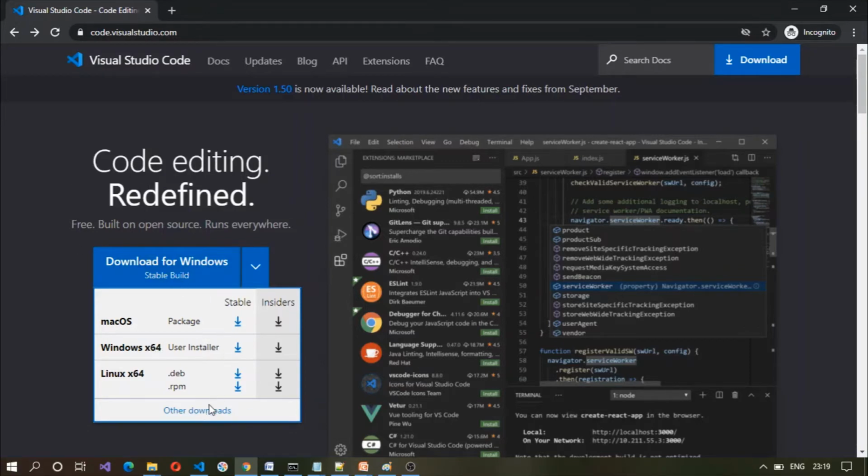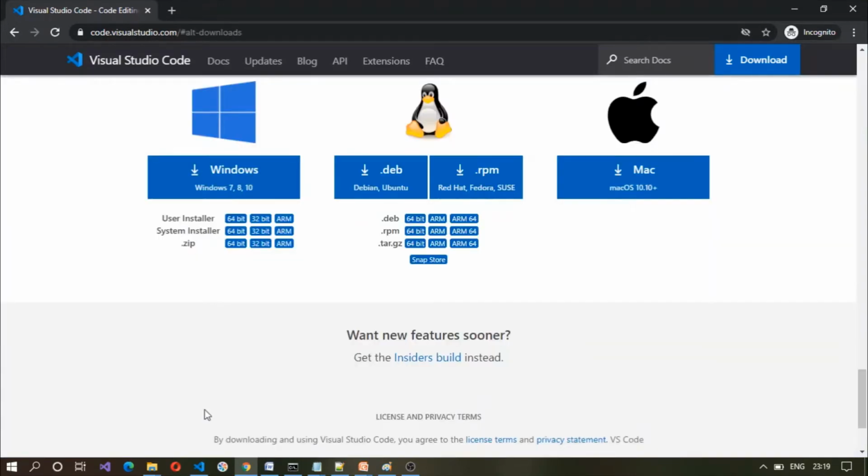Either you can do that, or if you don't want to go through the installation process, you can download a zip file, 64-bit or 32-bit. You can download this and extract it into a folder. From there also you can invoke Visual Studio Code.